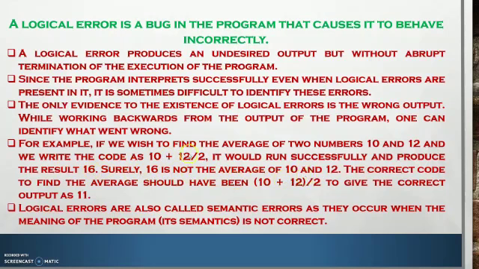So you see, there is a code and the code has been executed and the result has been produced. Now we have seen that the result, which is the output, is wrong. So now we go back and check our code. You see, there were no brackets here. So without brackets, the answer is 16. So what we do here is we put these two brackets here. Now when we put the brackets and run the program, our output is 11 and that is correct. 10 plus 12 is 22. 22 divided by 2 is 11. So 11 is the correct answer, which is the average of 10 and 12. So logical errors are of this type.